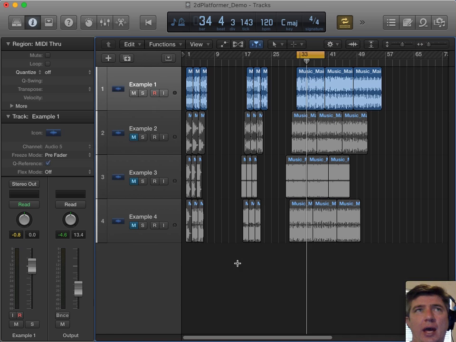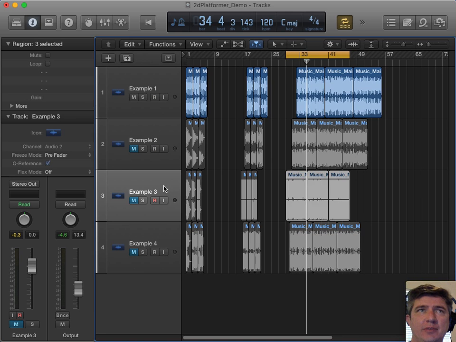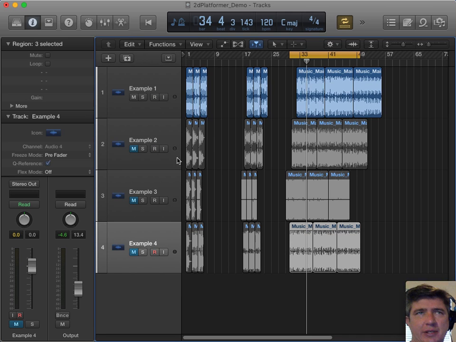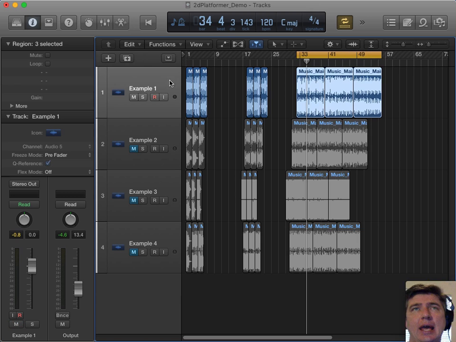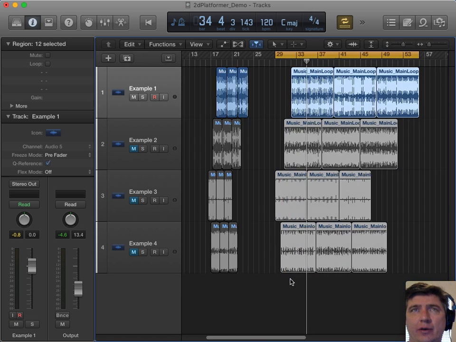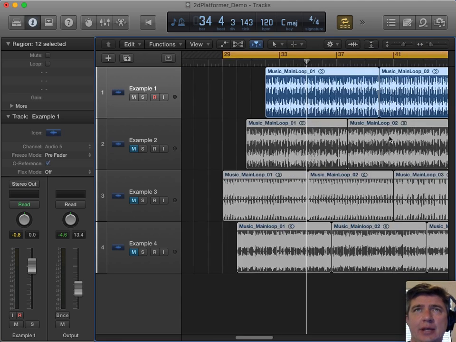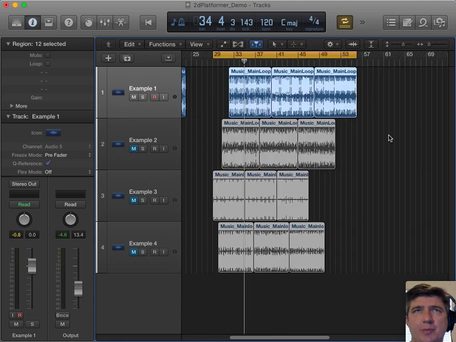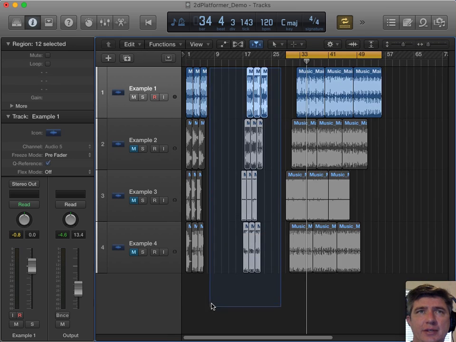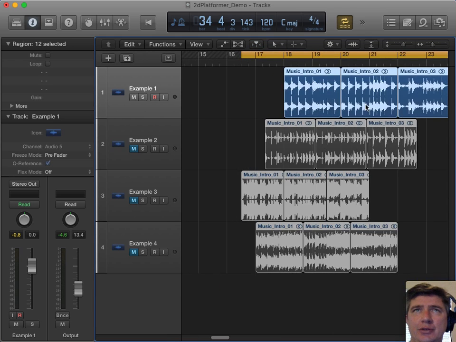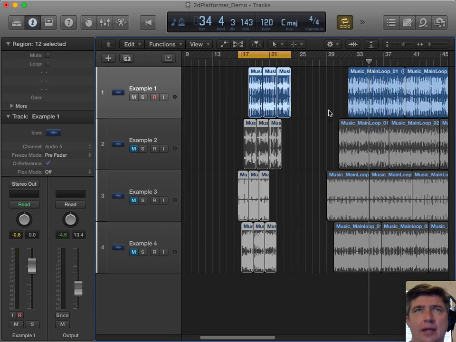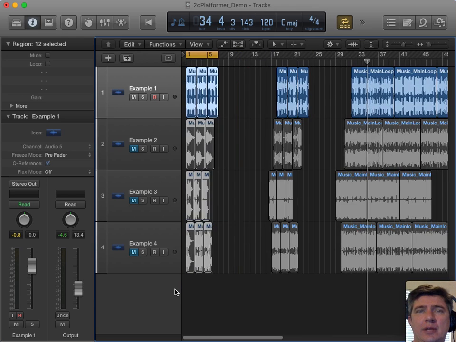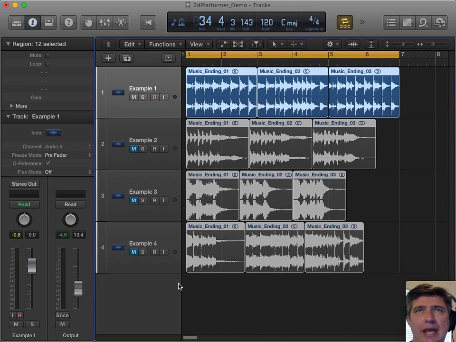Okay, so we have 4 different submissions. These are student examples from previous months. All the way over here on the right are the main loops. These are the 3 8-bar main loops. Over here in this column are the 3 intros, and over here in this column are all the ending cues.